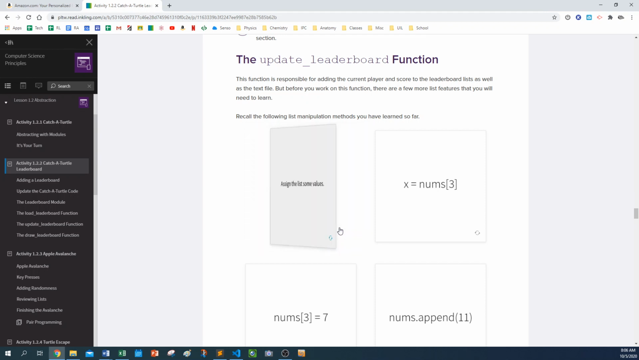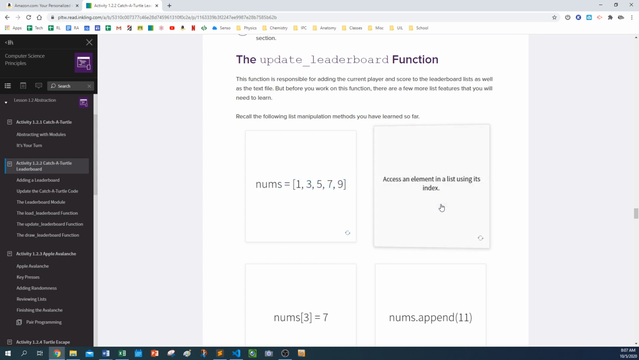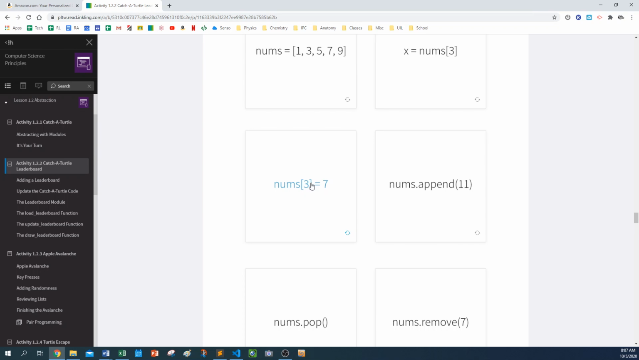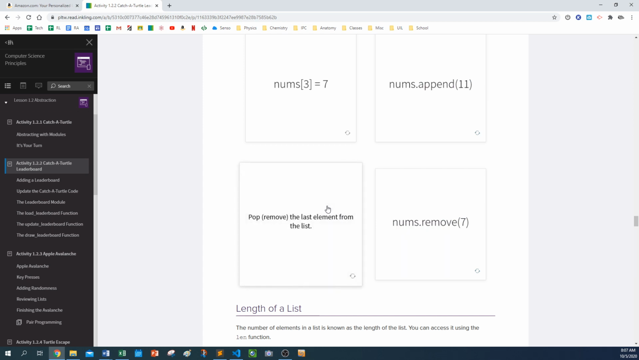So this is to assign some values. We have a nums variable and we're giving it a value. To access one of the elements, so nums[3], it goes 0, 1, 2, 3, so you should return 7. This is how you access elements of the list. You can also assign an element at an index of the list a value. So at index 3, you assign it 7. You can also append to the list, so you want to give it a new number. Do dot append. You can also pop the last element